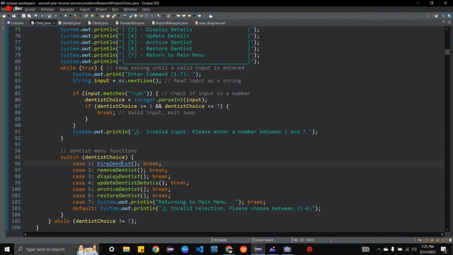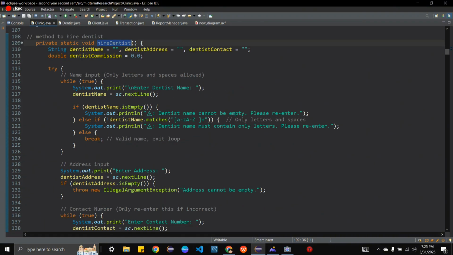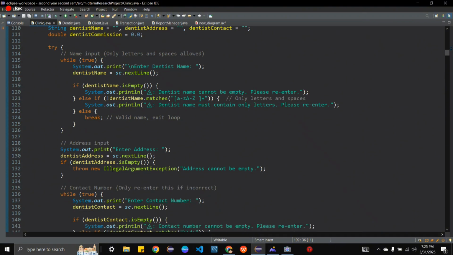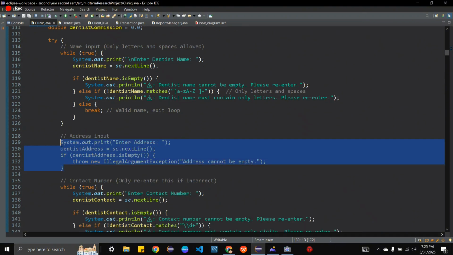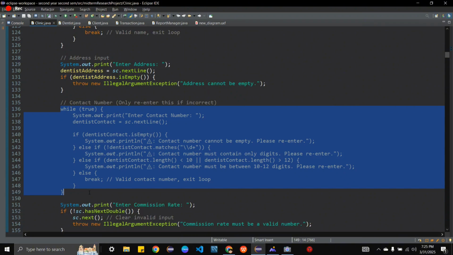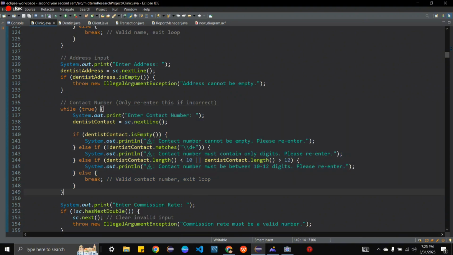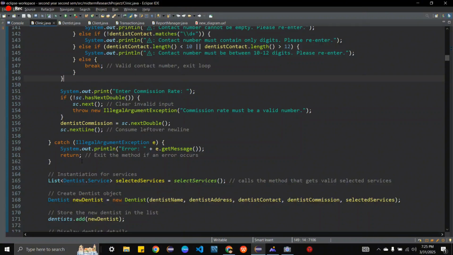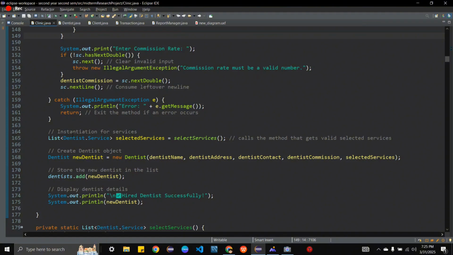So for the hire dentist, the strings dentist name, dentist address, and contact are recorded and initialized inside the try-catch. So this goes the receiving of user input. This block of code is for validation of the contact number. So after we have received all of the information needed, we have here the instantiation for services.